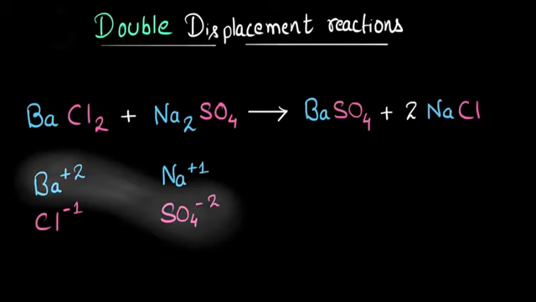That means after some time, barium and sulfate ions won't be available in the solution anymore. The only ions available in the solution are of sodium and chloride, which will form sodium chloride, and barium sulfate will settle out of the solution. And since we don't have any barium ion left, we can't have any barium chloride being formed. And similarly, since we don't have any sulfate ion left, we can't have any sodium sulfate being formed. So just two products.